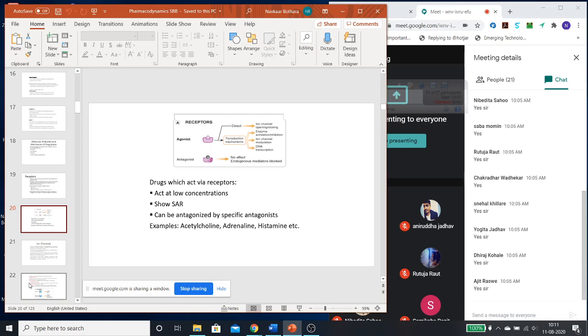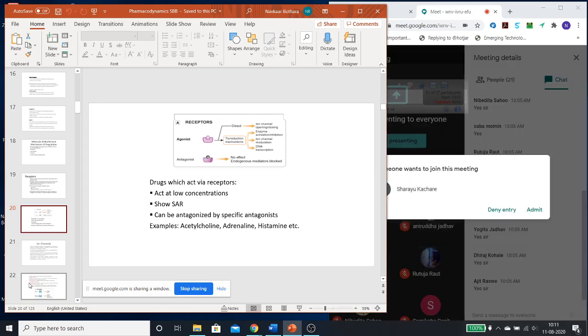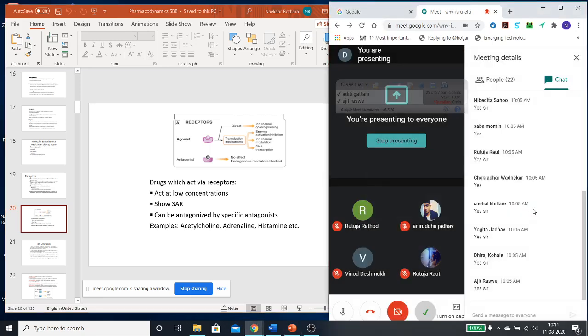There are many such transporters. The easiest example is acetylcholine, which acts and causes activation, and because of that the voltage-gated ion channels open, and therefore there is a muscle contraction. These are very fast actions. Whenever it is an ion channel type, it is very fast, because within milliseconds the actions can occur. While the second type has a transduction mechanism.